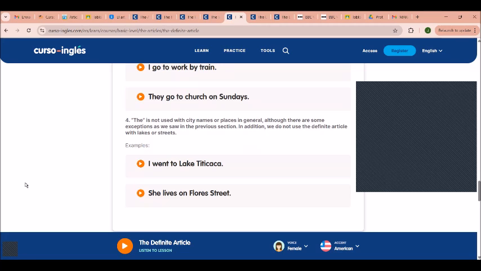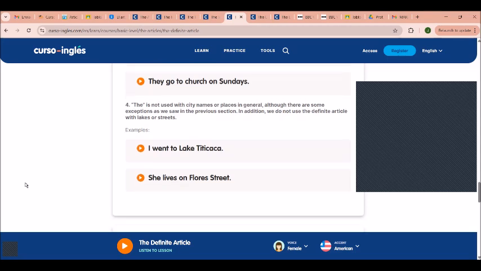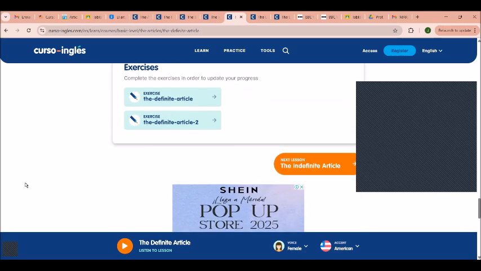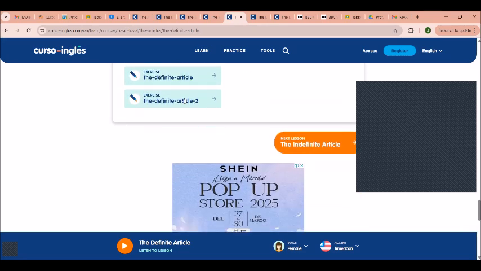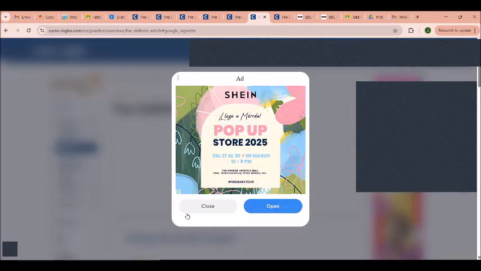I went to Lake Titicaca. She lives on Flores Street. We go to school in Seoul. Right? That's general info. Don't need specific or definite articles for general information. So let's practice with some examples. All right. Let's start off with